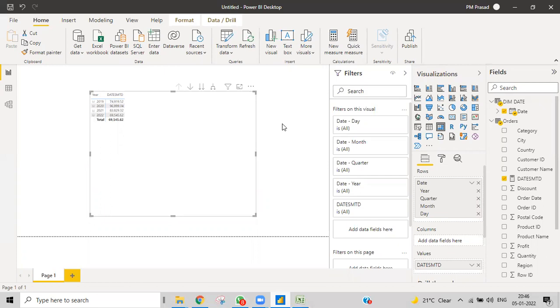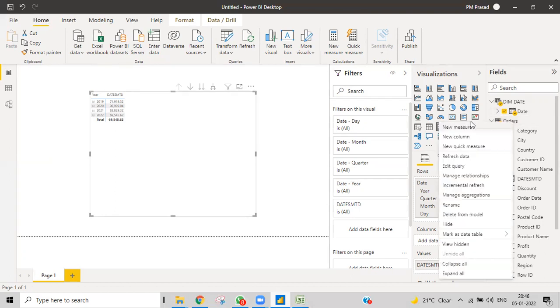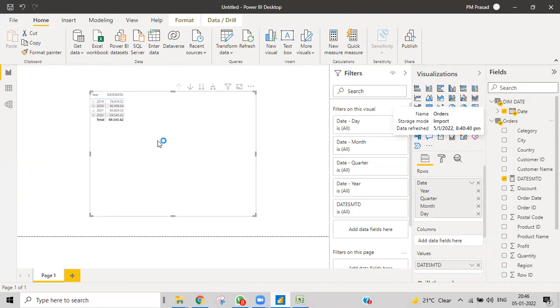When we use this one, the only difference is that we use it in the CALCULATE function, and inside it we use the calculation that we need. Got the point? And then we also have DATESQTD. I'll calculate that one also, a very simple thing.